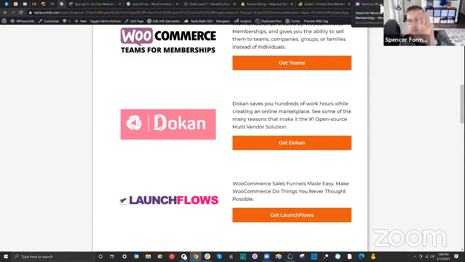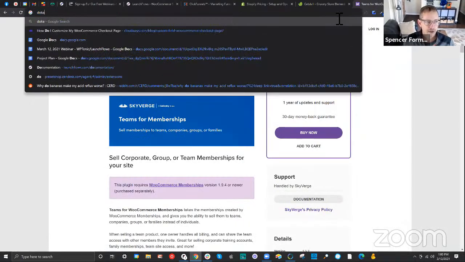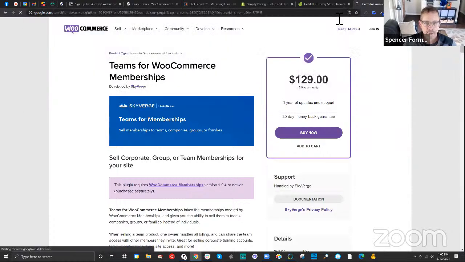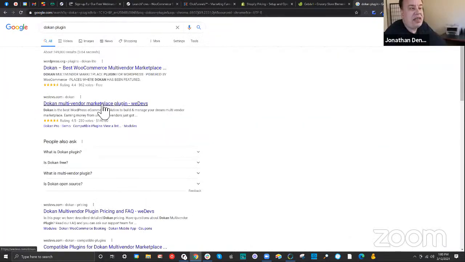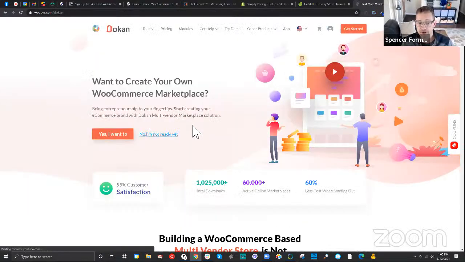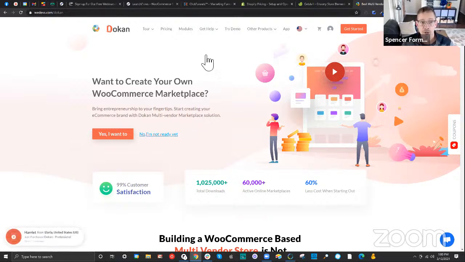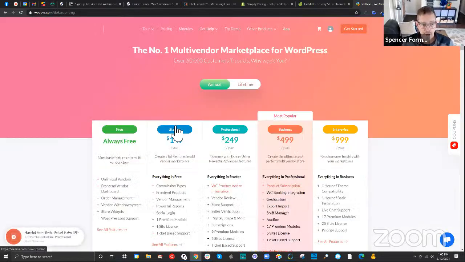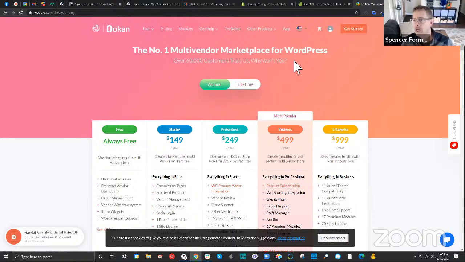Even if you don't go with WP-Tonic, you're just on John Denwood and you have parted ways, if you just get your own licenses in the future, I don't know what Doken costs, but I think it's free to start, and they may have a premium version. So Doken, that's an amazing product on its own, isn't it? It is. There's a free version, and then there's the premium. The free version is free. The premium one is $149, right? So again, we're at 129 plus 149, which is, let's say, $280